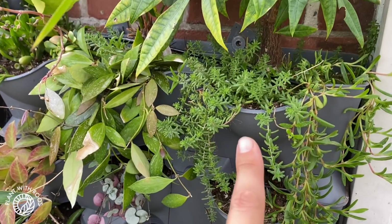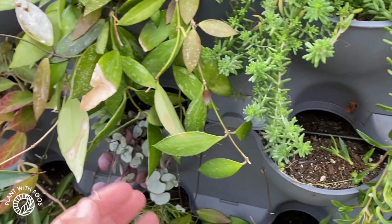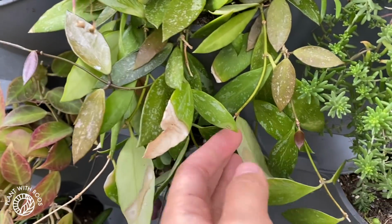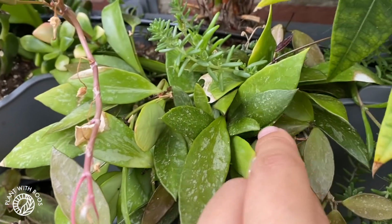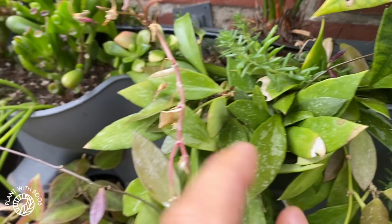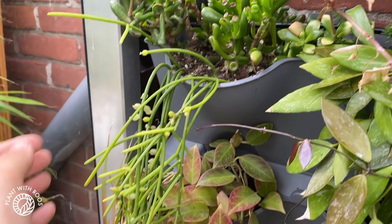Some of the plants that are doing really well in here are these sedums. They're growing very easily. And this is a Hoya memoria, which is also rooted and growing now. You can see the new leaves. There's a lot of them here as well. And then these, I think they are growing as well. They're a little bit slower, so it's harder to see. Some of these